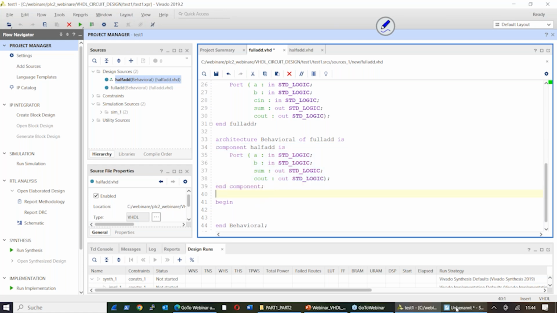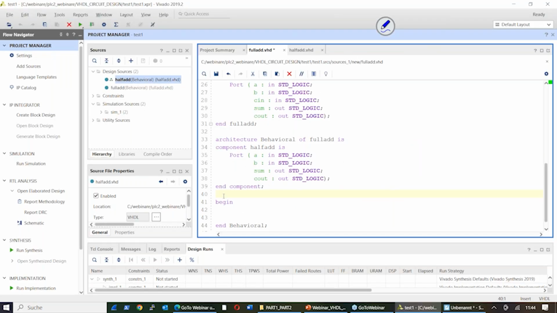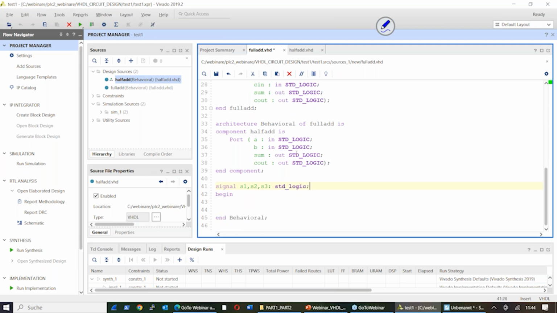I have to declare the signals S1, S2, S3. All of them are of the same type. This means I can use one statement. Now, the declaration: signals S1, S2, S3 are of type standard logic. Now I declared also the signals. Now I did all the preparation work, and now I just do the